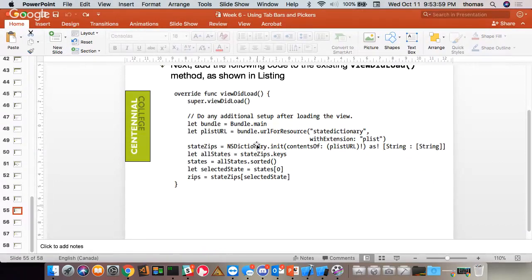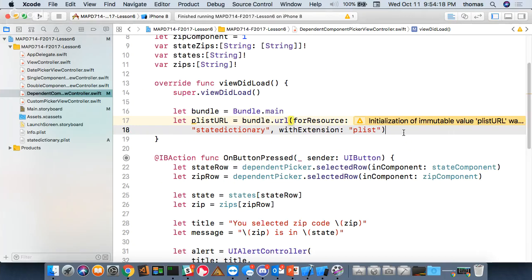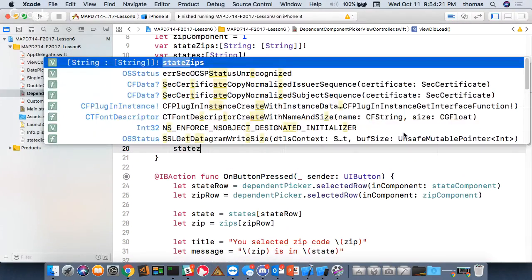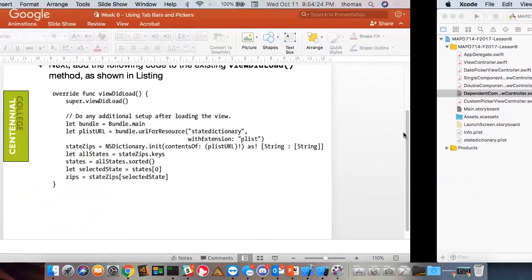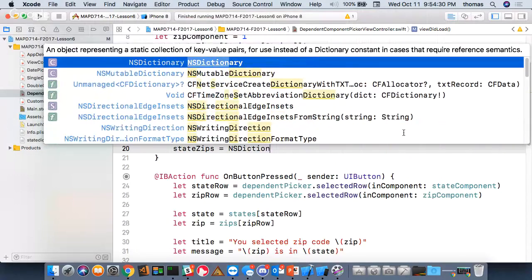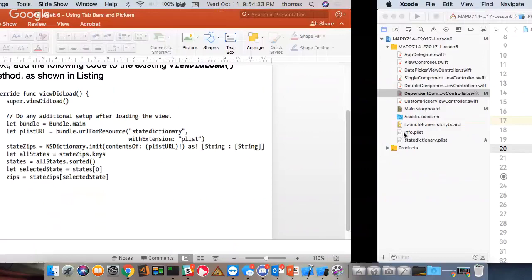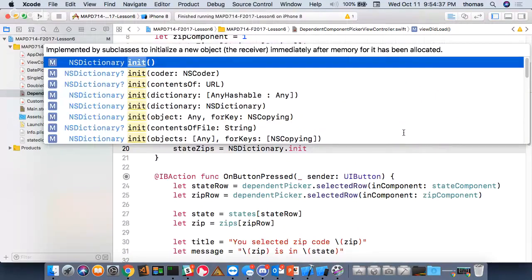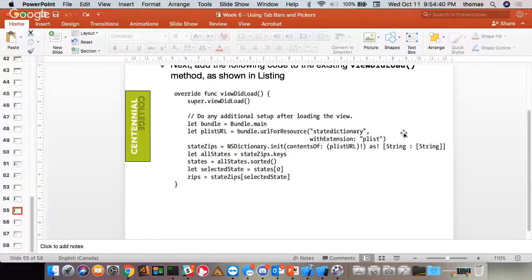Next, we're filling in some stuff. For stateZips, we're going to use NSDictionary to initialize the contents of my plistURL as some kind of dictionary. We're making a reference to it. So we're reading everything from the dictionary right here. That's the first part, where we're actually reading in the data. So we'll say stateZips is equal to NSDictionary. Again, when you see NSDictionary, ladies and gentlemen, it means we're using Objective-C, the bridge to Objective-C. We're initializing, and like it says here, we are passing in the contents of